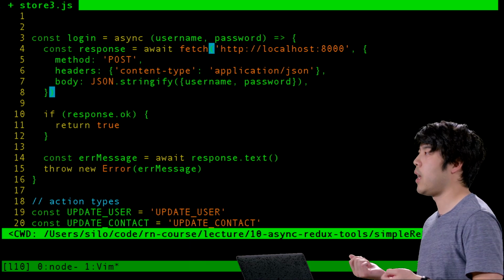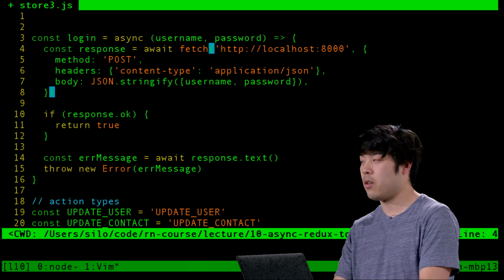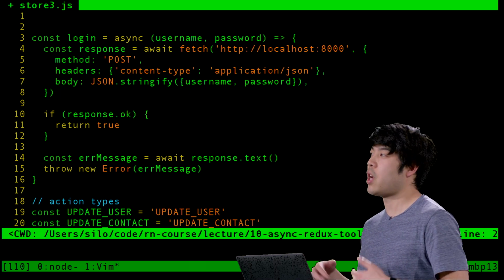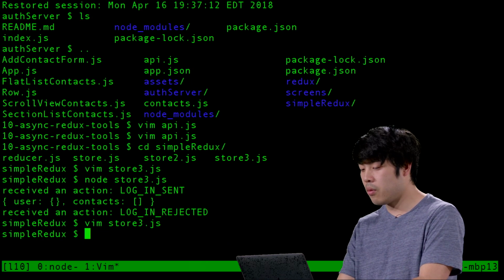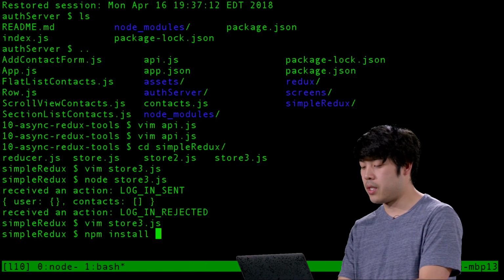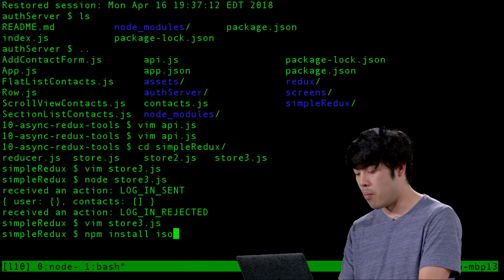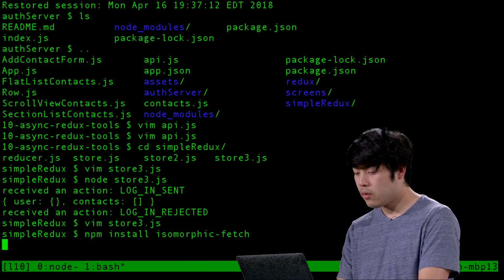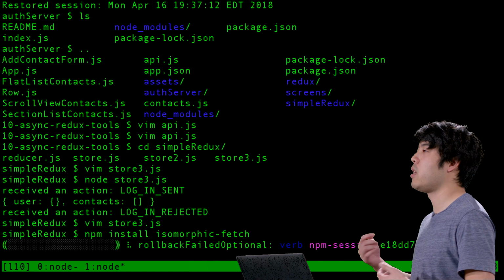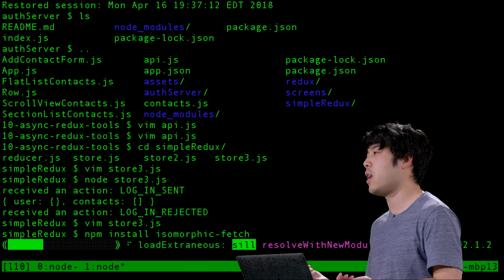And so since we're using Node.js, which is more just the JavaScript and doesn't have all of the browser APIs built in, what we can actually do is install this thing called isomorphic fetch, which is just a package that implements fetch for us